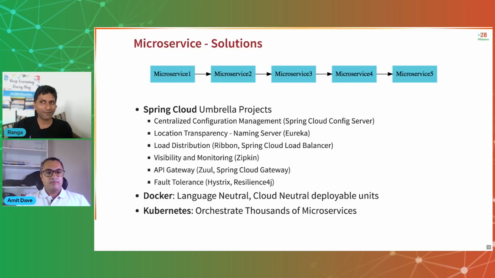This is what even Netflix started with, right? Netflix was kind of Java based, and they also started with something of this kind, not exactly Spring Cloud. Some of the elements that Netflix made use of, like Hystrix, Zuul, Ribbon, all came from the experiences in Netflix, and Netflix open sourced them, and they became part of the Spring Cloud umbrella. So this is how we started a few years back.